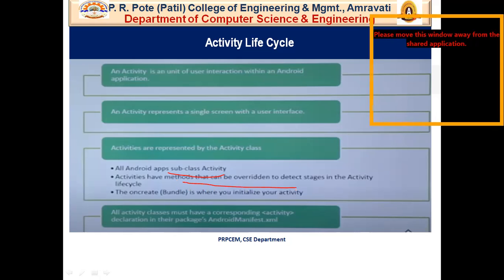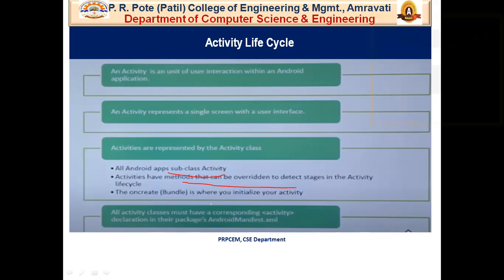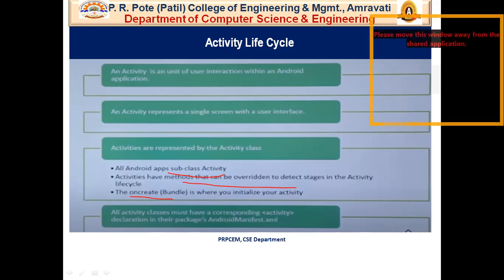The last but not the least, the very first method which starts the activity life cycle is the onCreate method. As the word suggests, onCreate is called whenever the activity is started.